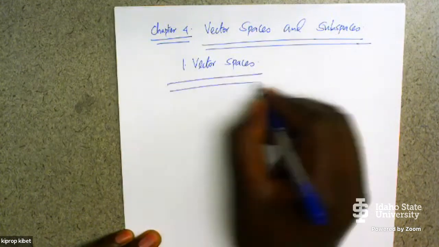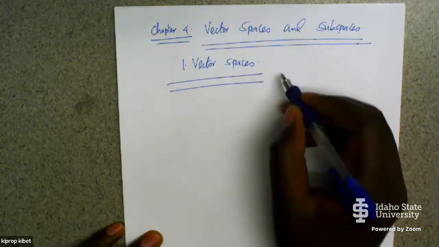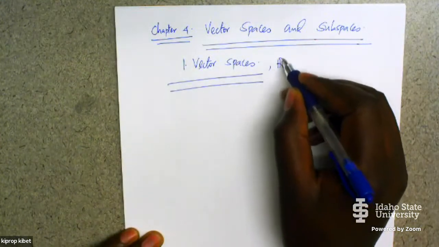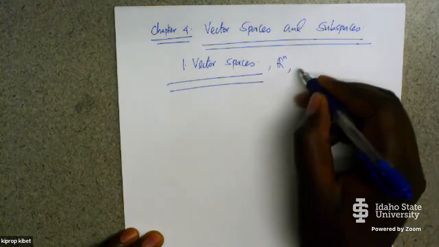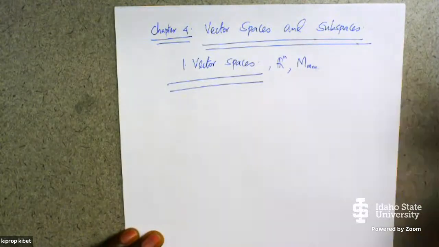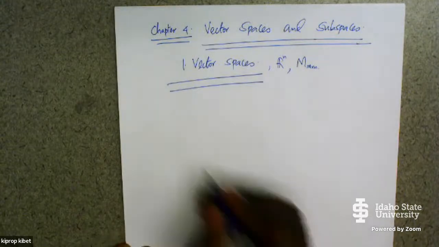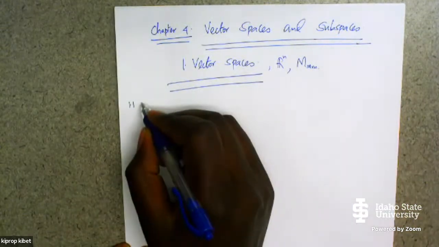We have actually dealt with this, because examples of vector spaces are the real numbers R^n, and also a matrix, which is an m by n matrix. Those are the vector spaces that we dealt with previously. Okay, so let's define what a vector space is. So a definition,